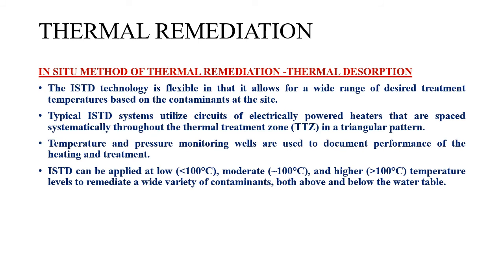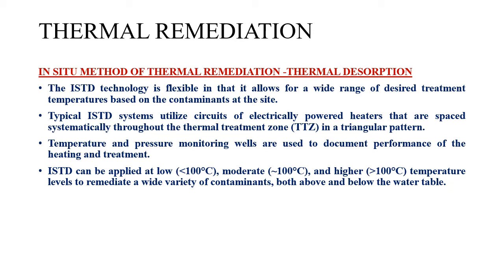This in situ thermal desorption technique can operate for a wide range of temperatures, either at low, moderate or higher temperatures greater than 100 degrees Celsius, based on the type of contaminant to be volatilized. Based on the requirement, we can operate it at any temperature, and even at sites which have a low water table or high water table. The only thing is that if you have naturally occurring water present in the soil, then that much extra heat has to be supplied to remove that water. And after that only, efficient heating will start happening to the soil system.